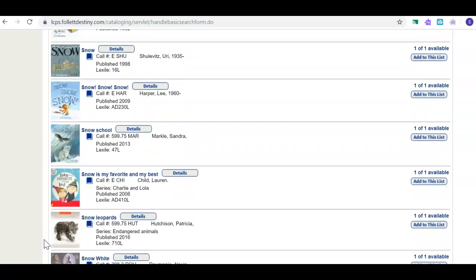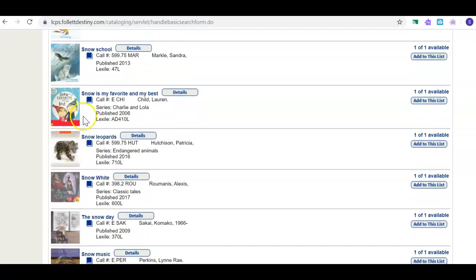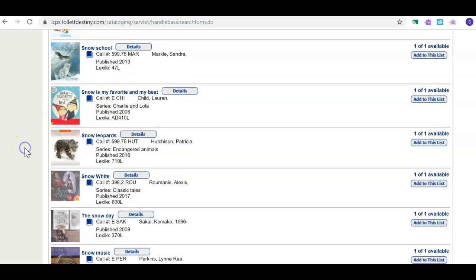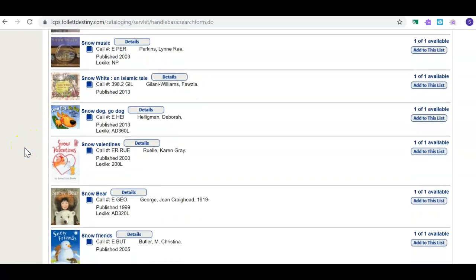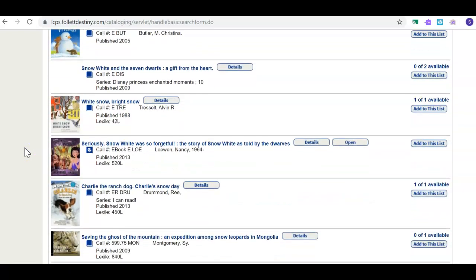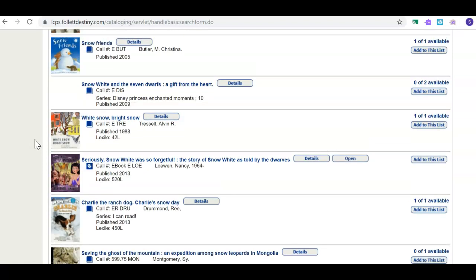If you scroll down a little further, I wanted to show you, these are all books right here. You can see by that icon. If you just mouse over it, it'll tell you it's a book. And we can go down until here, and you'll see this one right here is an ebook. Now, let's say, in the ebooks, all you have to do is log in to Mac and Via under Library Resources, and then click on the link here, and it will actually let you open it up, and you can read it yourself, you can check it out, or you can open it up and read it on your Promethean